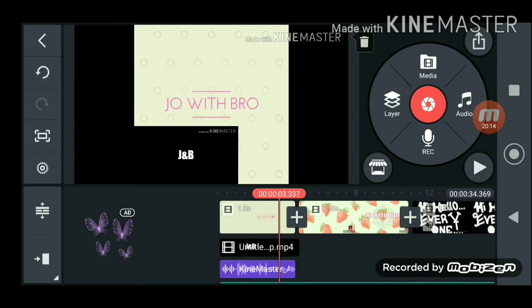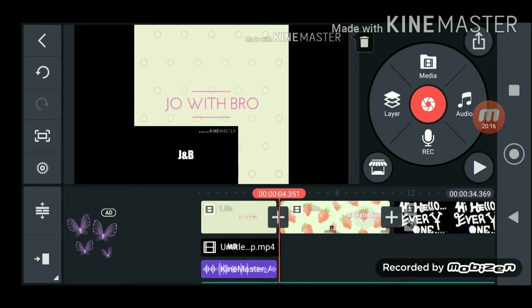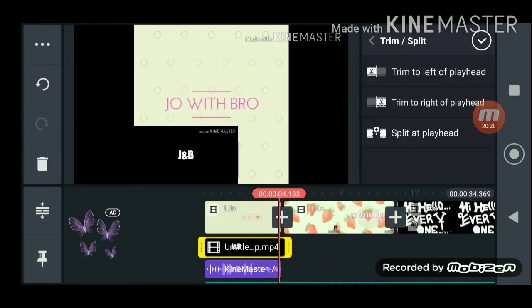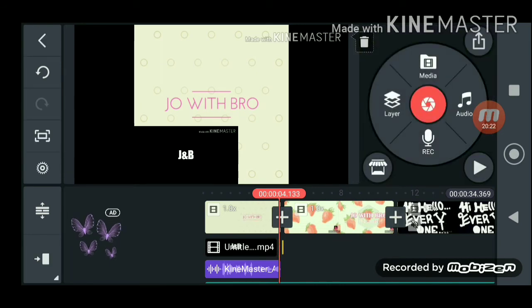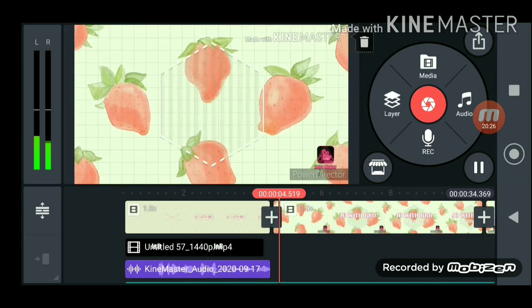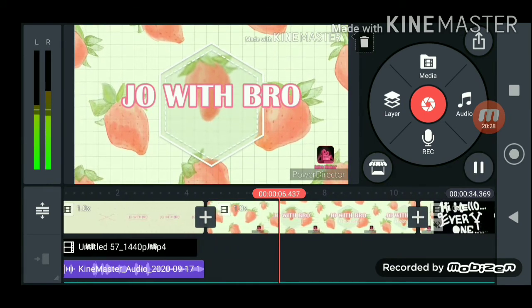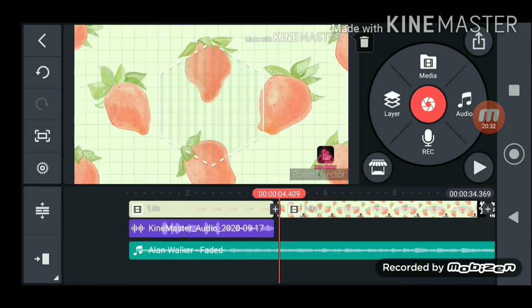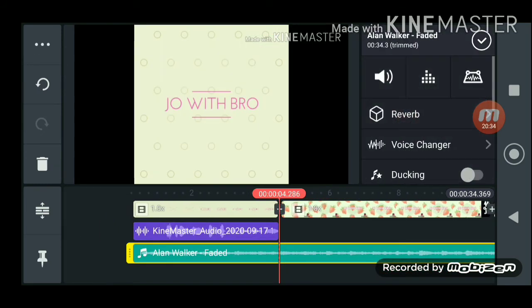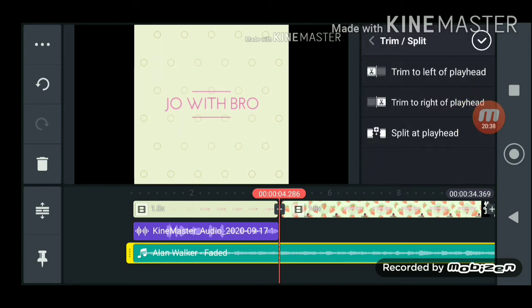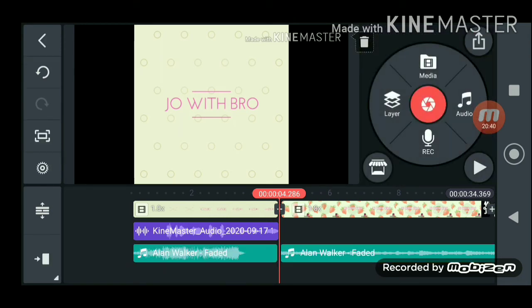As you can see, it's coming in both sides, but I want Joe with Bro still there. So I cut it off, and I take that small thing and cut it. That's it, done. The two music tracks coming is not good, so I split it there. You can just move it. I click on it, then split to playhead. So that's it, it's split.